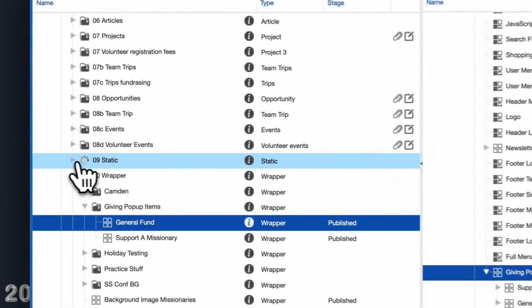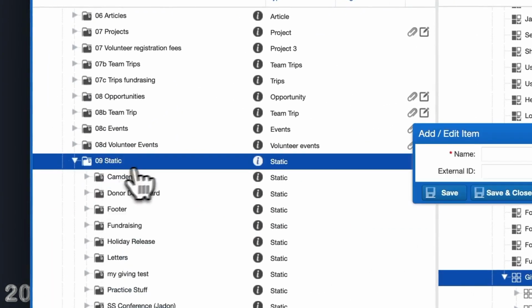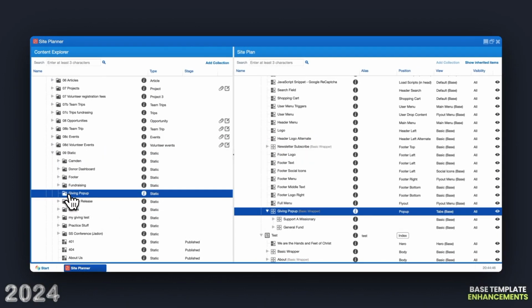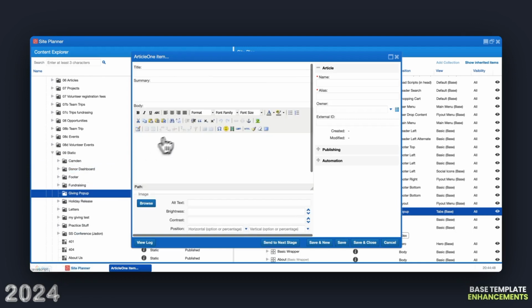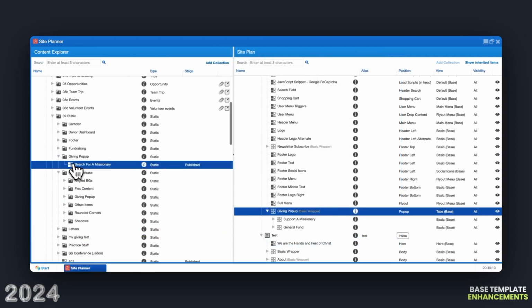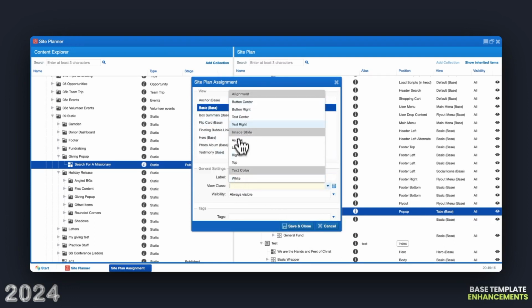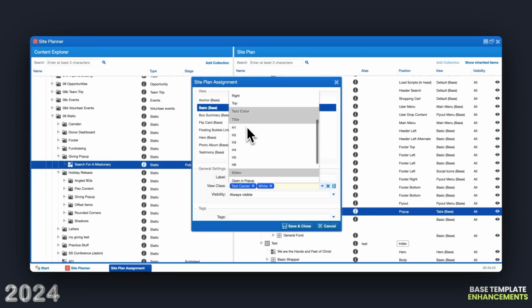We're going to go into our static folder, and let's go ahead and just create a folder within that says Giving Pop-up. Now in that Giving Pop-up folder, we're going to right click and select Add Item. And then in the title field, we're going to put Search for a Missionary and save and close. You can then take that static item and we're going to drag that into the Support a Missionary wrapper and publish it as Basic. And we're going to add the Text Center View class, the white text color, and let's see,